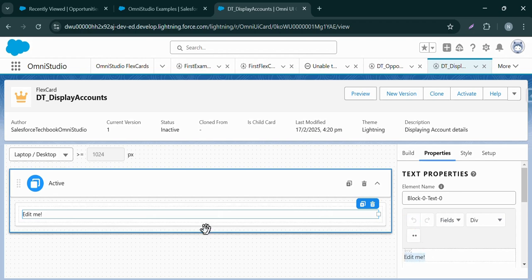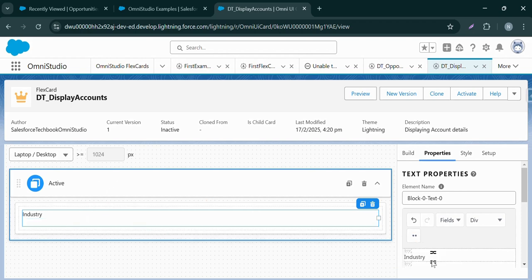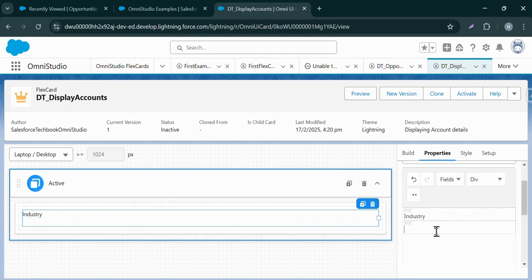After dragging this block, we can modify the Edit Me text by giving some value here. I would like to give Industry here, so the user can see this is the industry value. Now I'm pressing enter, so in this next tag I can give a value. I will be giving industry from the data source. I'll be providing industry,